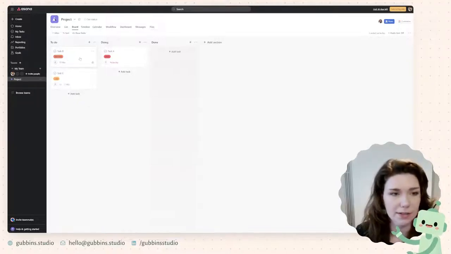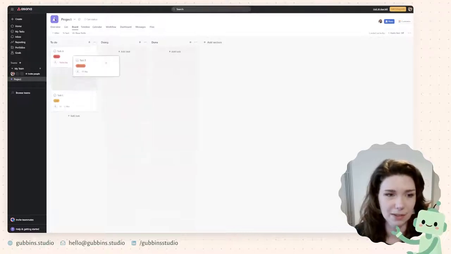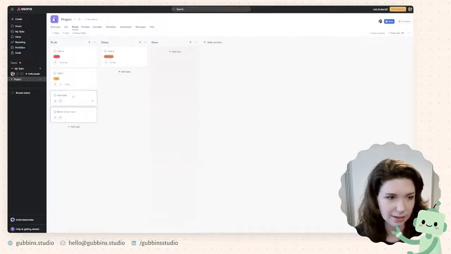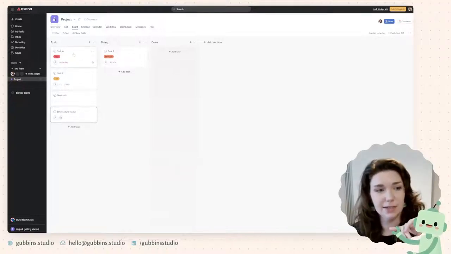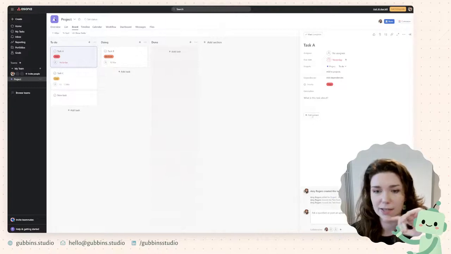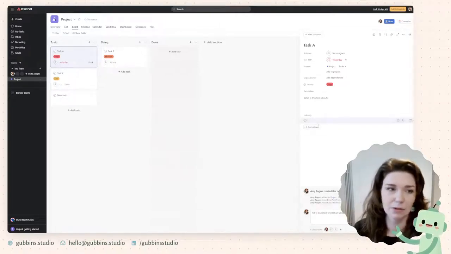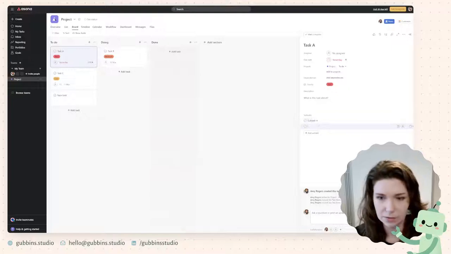So within a project, again, the Kanban board of having your different tasks, being able to drag and drop them, being able to add them quite quickly. It's always good. Hierarchy, again, you've got your project level at the side, task level here, and then each task also has subtasks within it. So these don't have their own cards, but it keeps them all together in one place. So task A, task B.